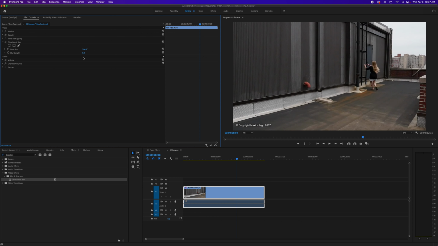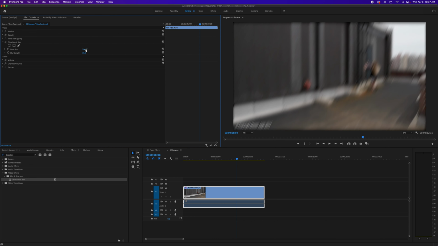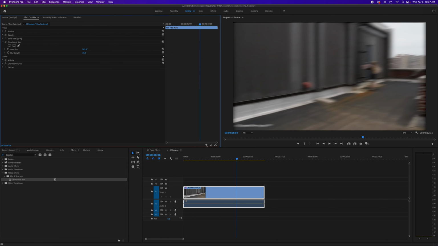Now we can go ahead and adjust the direction all we want. If we have no blur length, it's not going to do anything to the pixels. If you start to grab a hold of blur length, now you'll start to see the change in there. You can start to adjust which way it's going. If you look at it, it's kind of like you're rotating